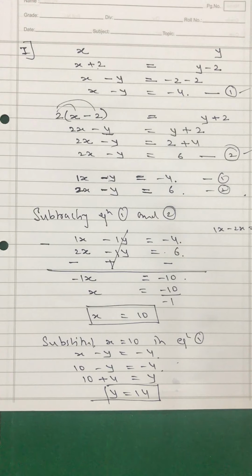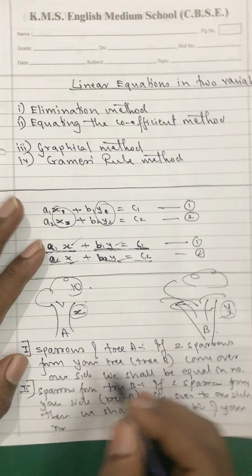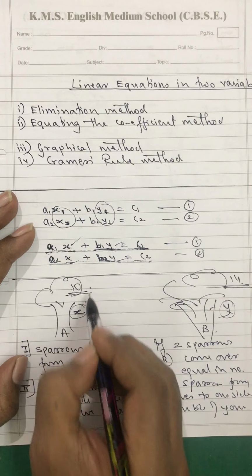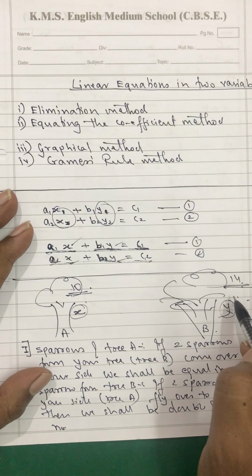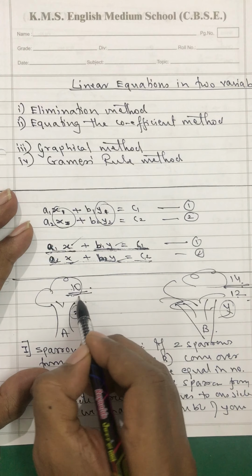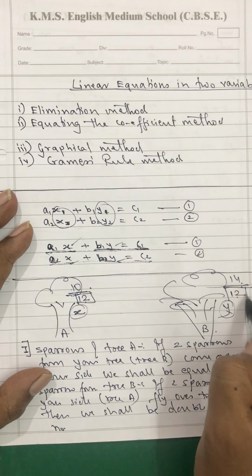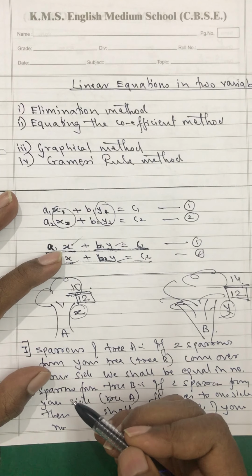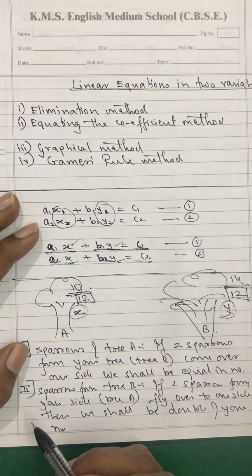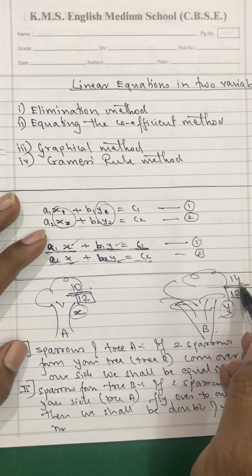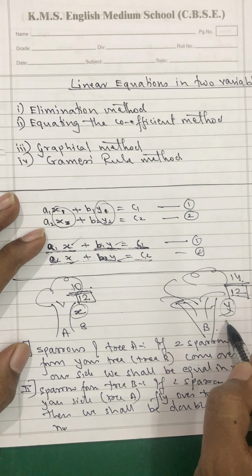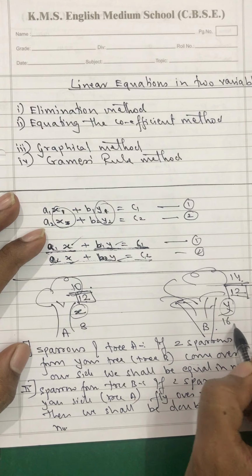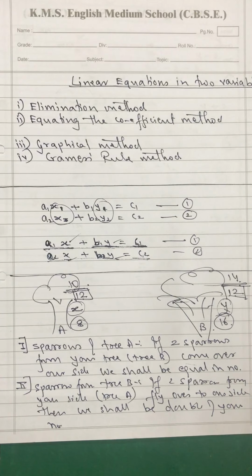So what is the meaning of this? That there are 10 sparrows on tree A and 14 sparrows on tree B. Now see my dear students, if 2 sparrows from here fly over there, here you will have 12 sparrows, and there the 2 come over here, they become 12. They are right, they are telling that we will be 12 together, equal to each other. And then what are they saying? If 2 from your side come over here, here will be 8, and that 2 becomes 14 plus 2, 16. So we will be double of yours, right?